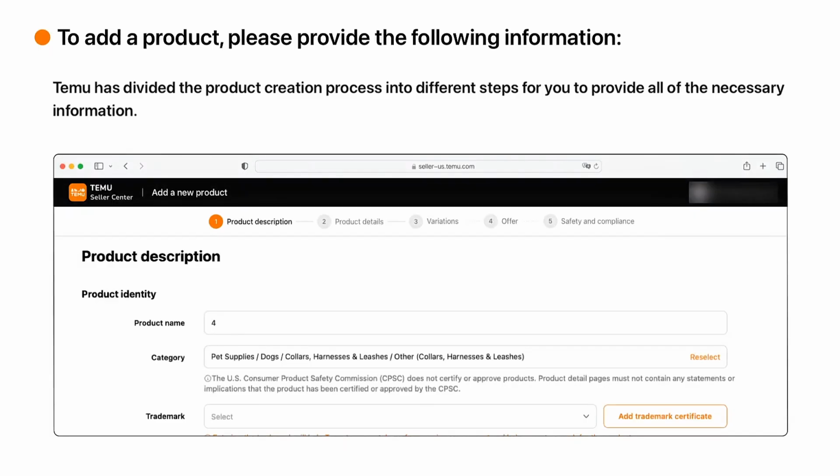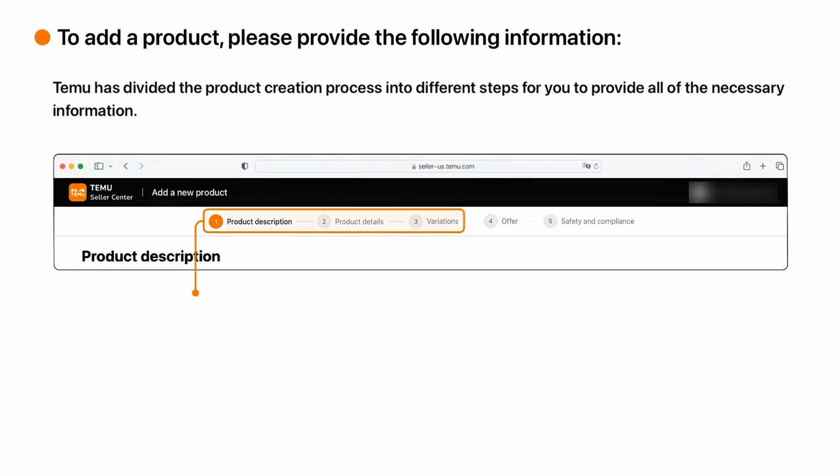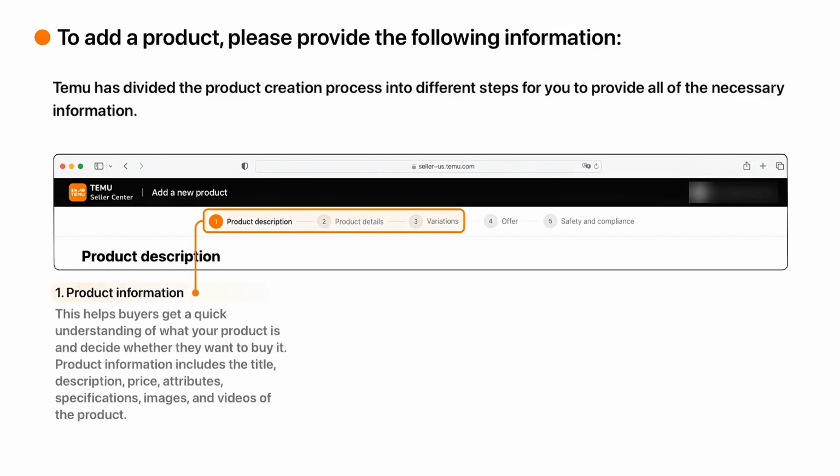To add a product, please provide the following information. Temu has divided the product creation process into different steps for you to provide all of the necessary information. 1. Product information. This helps buyers get a quick understanding of what your product is and decide whether they want